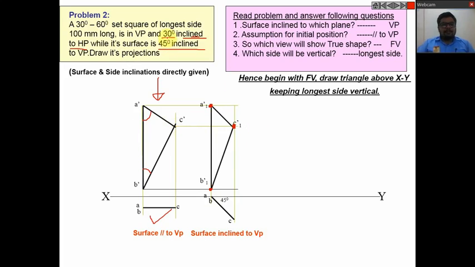In the next step it is given that it is 30 degree inclined to HP. It means we have to draw this object inclined to HP at 30 degree. So we will make one random line that is making an angle of 30 degree. Then what we will do, we will mark, suppose this B1 dash here. Then on the same line we can mark A1 dash with the use of rounder.